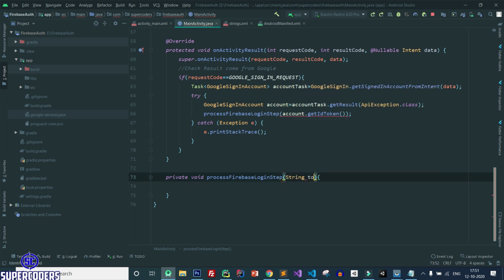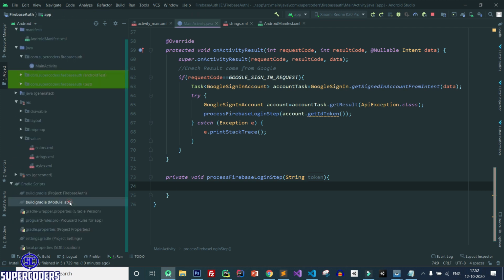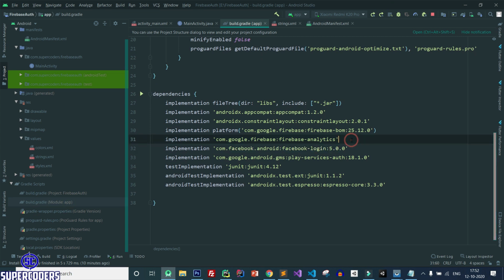String token. After that, here we need to process the data of the token, and here we missed one thing, which is the Firebase Auth library. So let's add the Firebase Auth library also, because we are working with the Firebase Auth system, but the library is missing. Change this to Android, click on build.gradle, and here we need to add the Firebase Auth library.